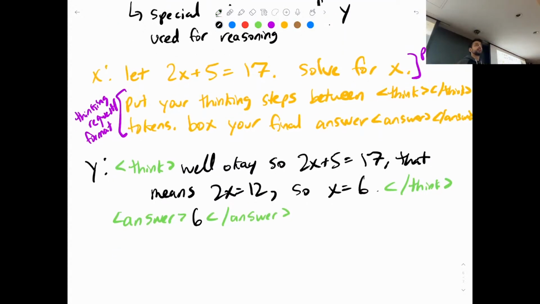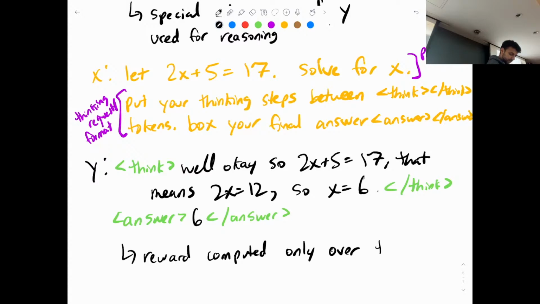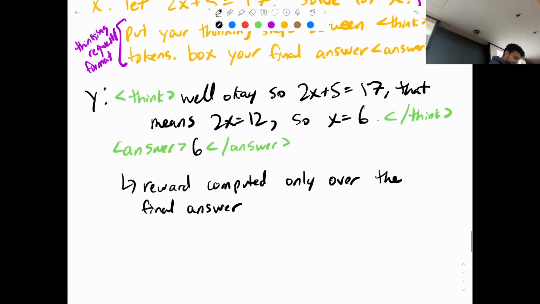So if we got a response that looks like this, now we can compute the reward only over the final answer. Note that the model could produce absolutely anything it wants in between these think tags. The only thing that we will be evaluating is whatever is in between the answer tags. So as long as the answer is correct, that actually means that